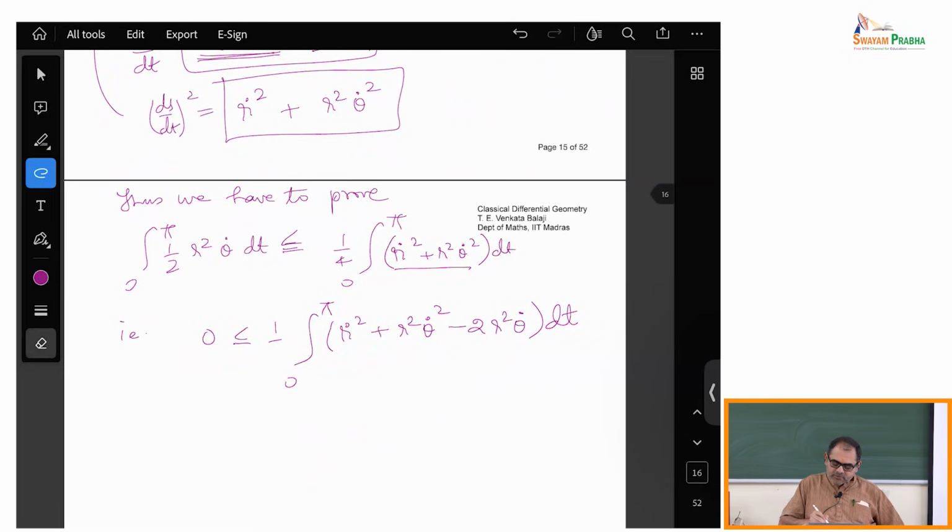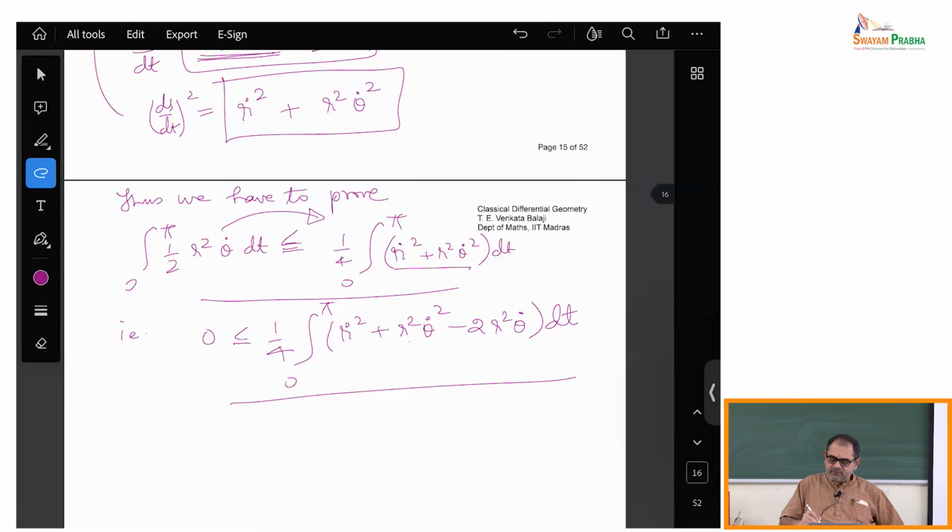Sorry, I think I should put a 1 by 4 here, right? That's right. So proving this is equal to proving this. All right, I bring this term to the right side. Okay, and then now you see,